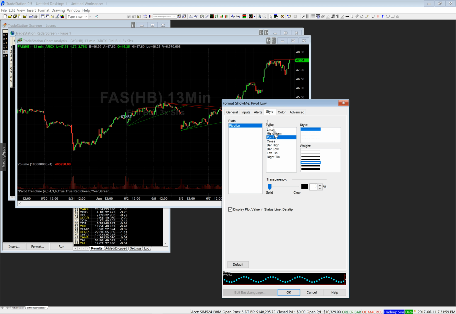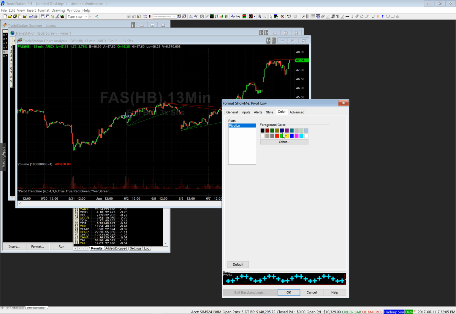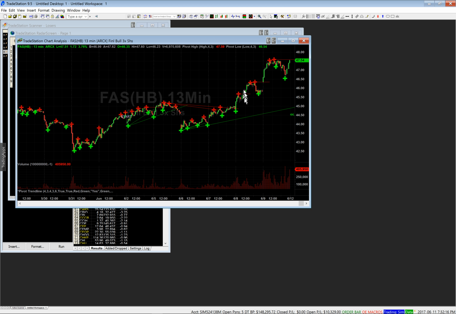And for the pivot low, I also want that across, make it a little bigger. I like to make mine green, so I'm going to go into color and go green and say OK. Did I input 4, 3? No, I did not. So let's go 4, 3. Good. There, now you can see that there are these lines drawn, and that's what that pivot trend line is using